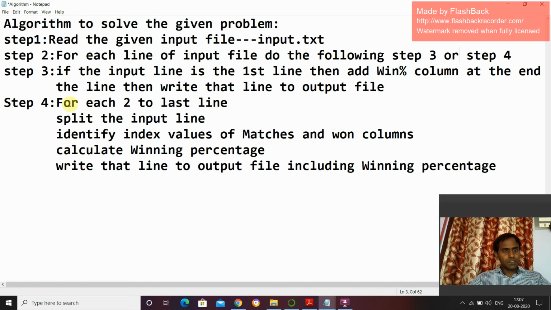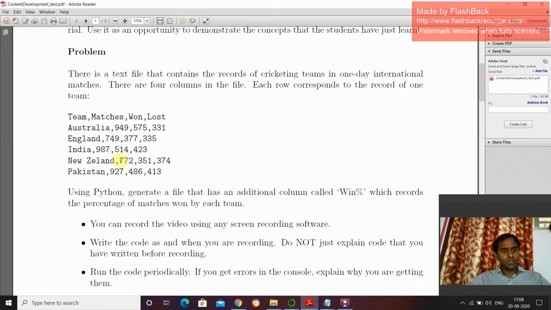The actual data is from the second line to the last line. So from the second line to the last line, I split the input line, then identify the index values of the matches and won columns. Why do we need these index values? To calculate the percentage of each team, we have to know the number of matches played by the team and the number of matches won by the team.